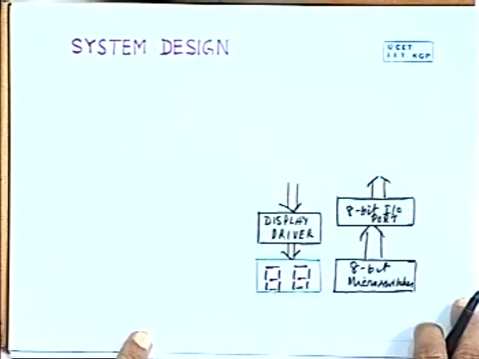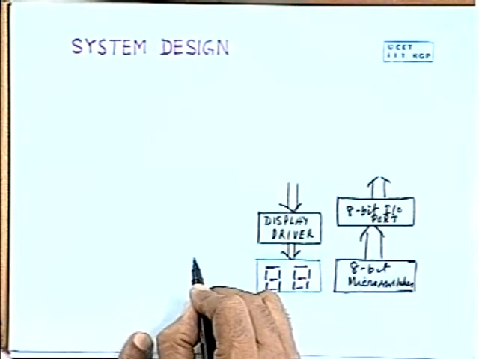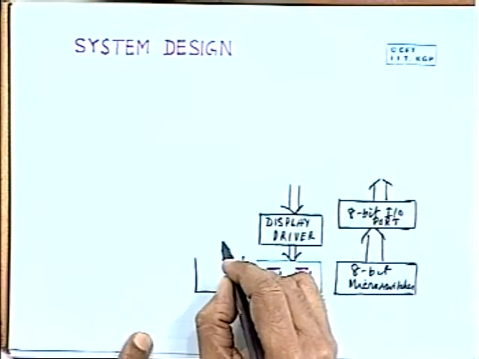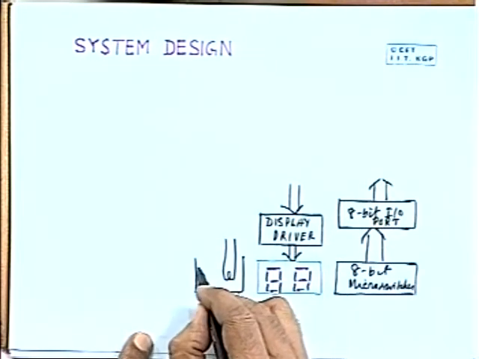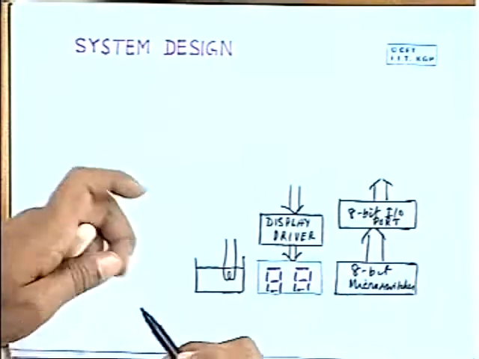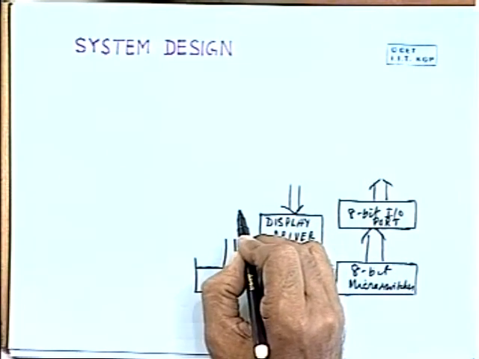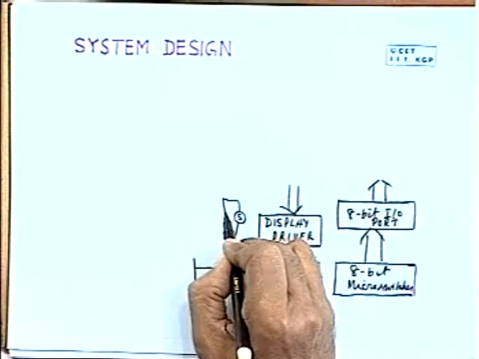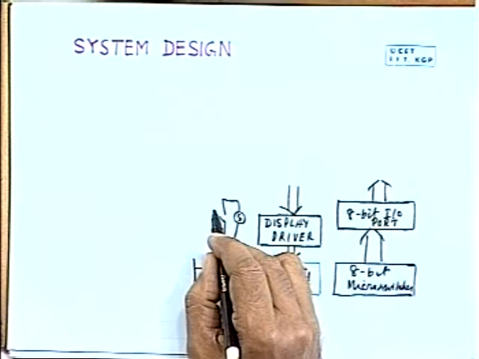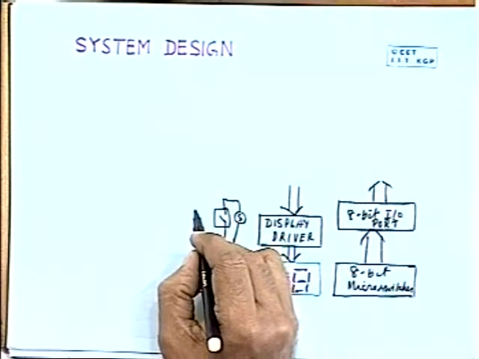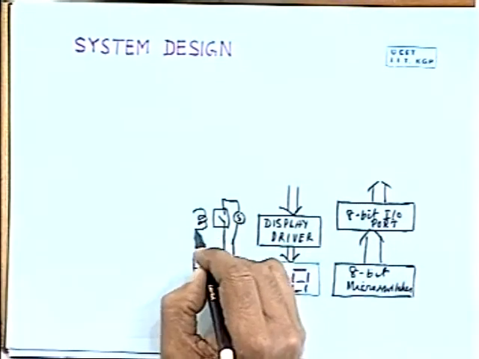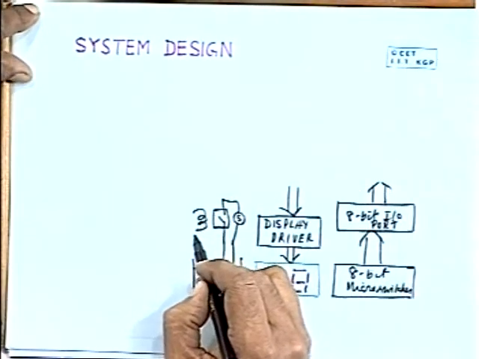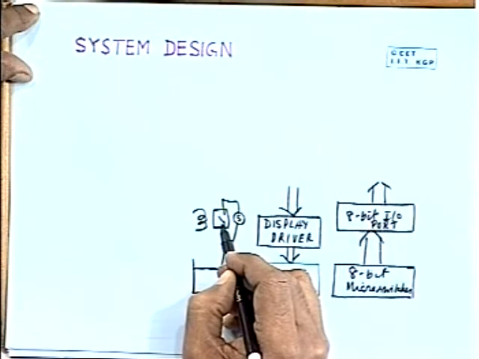Now you have to see how you will control the temperature of the water bath. Let's assume this is your water bath, and you have to use a heater to control the temperature of this water bath. And this heater has to be connected to the main supply, and the simplest way of doing it is to use a relay. This is a relay, and it can be controlled by a coil, and you know it's an electromechanical device. Whenever current passes through this electromagnet, this switch is closed or made off.